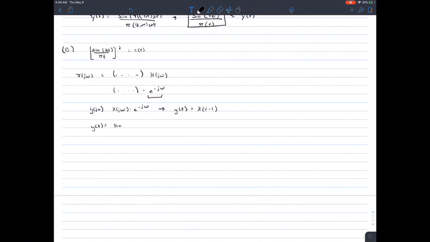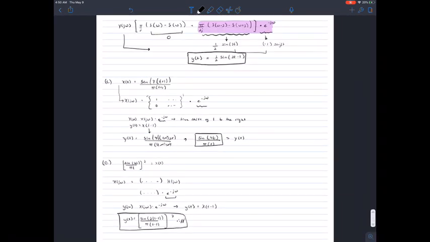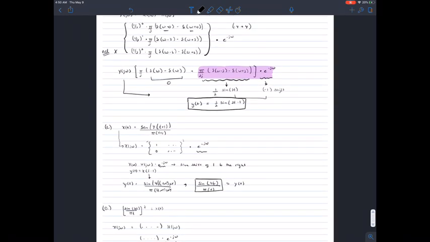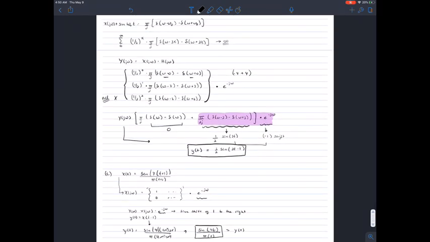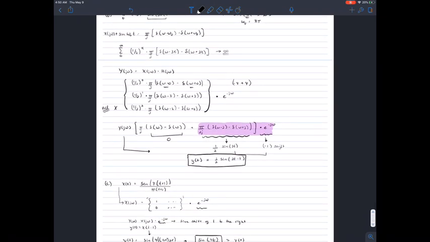And so your y sub t is going to be sine of 2 times t minus 1, all divided by pi times t minus 1, all of it squared. You save so much time when you can do analysis by just looking at it. Okay, so you have to really kind of pick up on these types of things, okay? And let's see here. That's pretty much it. I will see